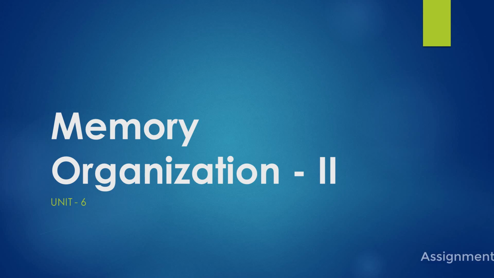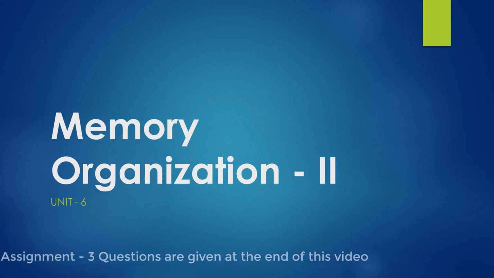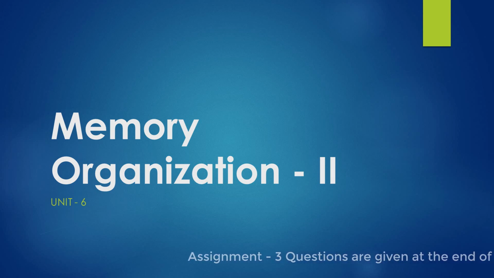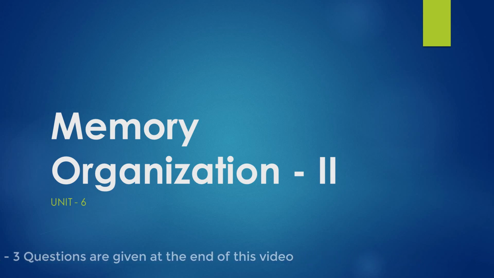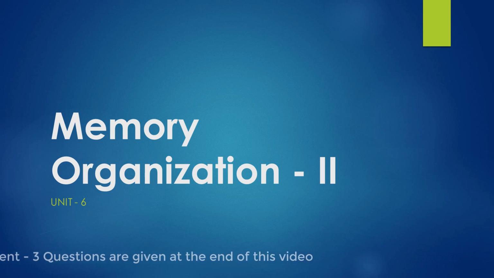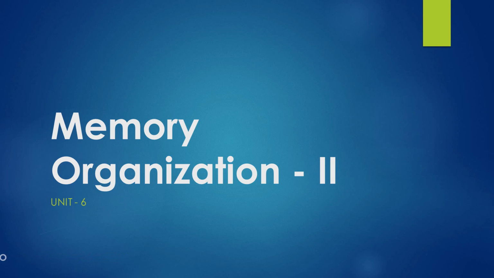Hello students, in the last lecture we learned about what memory hierarchy is and discussed the different levels of memory hierarchy. We studied registers, cache, main memory, magnetic disk, magnetic tapes, and the last topic we discussed was the ROM chip. So today we'll continue with the ROM chip and see in detail the different kinds of memory available and how